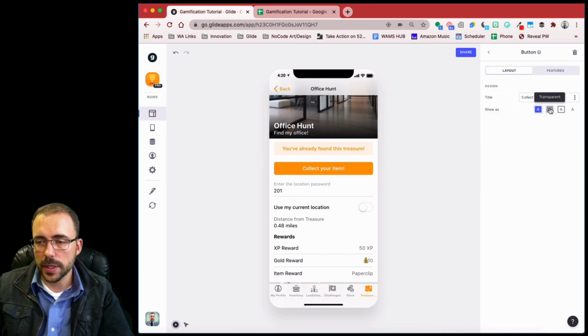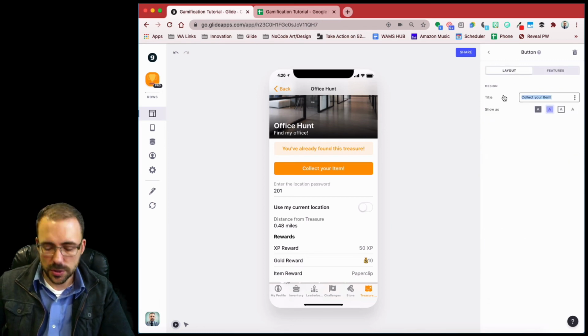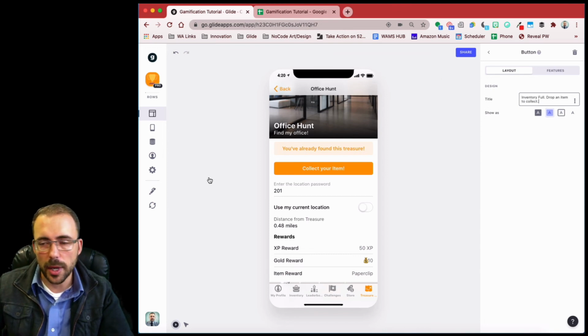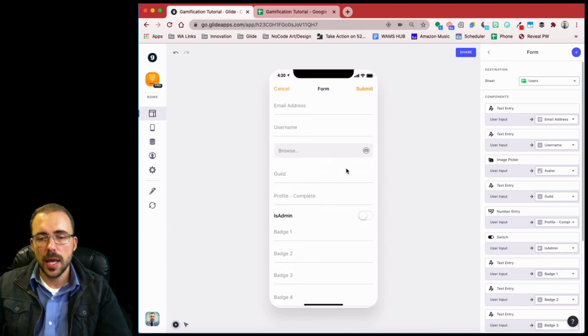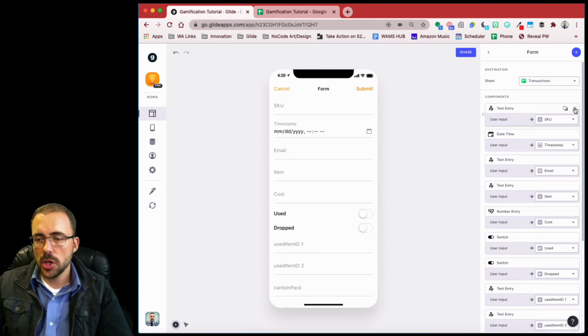And we'll call this, it needs to be a reshuffle action. And then change this to inventory full. Drop an item to collect. Okay. But my inventory isn't full, so I see this collect your item. And this is going to be a form to the transaction sheet. Okay. So here,